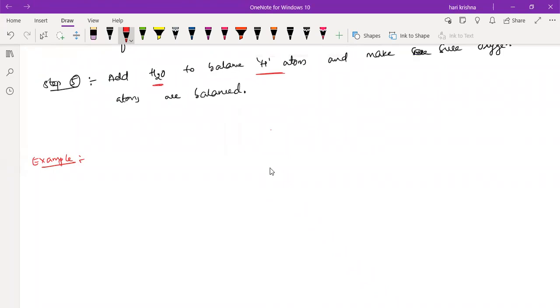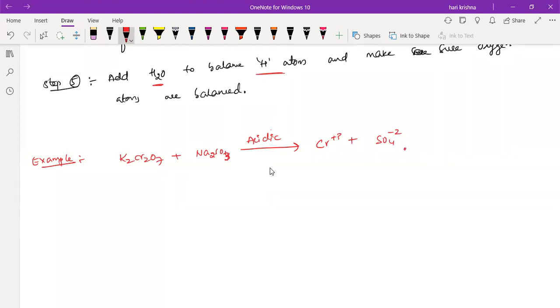So write the net ionic equation for the reaction of potassium dichromate with sodium sulfite, Na2SO3, in the presence of acidic medium, which will produce Cr plus 3 ion as well as SO4 minus 2 ion. It is Na2SO3 only, okay? So there is an equation part we have to balance that too in the acidic medium.